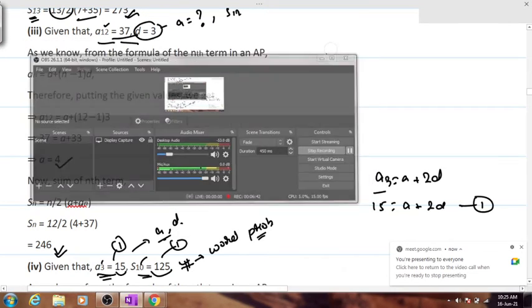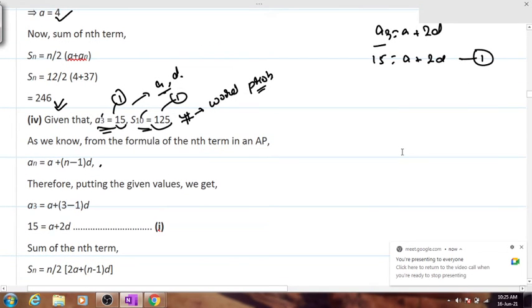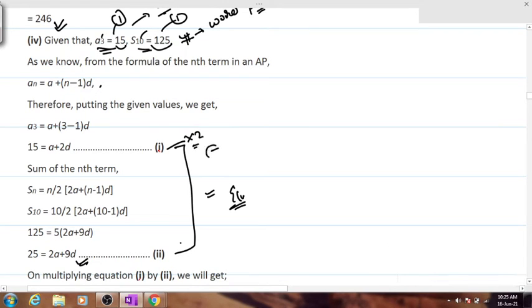Now, when people have got two equations, the first equation is already written, so the second equation will be 25 is equal to 2a plus 9d. So you go on to use substitution or elimination, let's say. Solve it using elimination or any other method which you feel more comfortable with. If you're using elimination, you multiply it by 2 and then subtract both the equations. You will get the value for A and D.